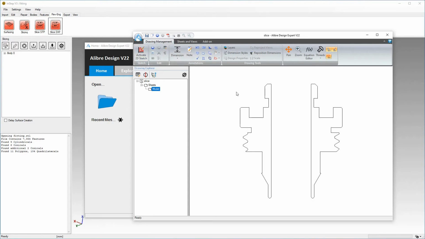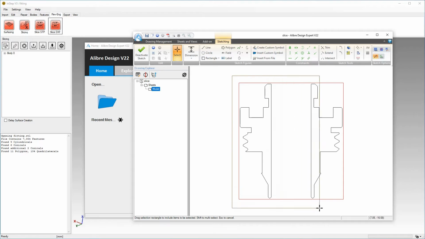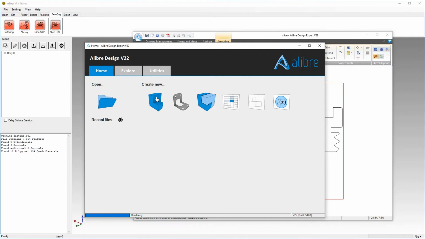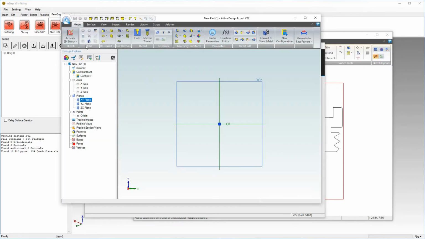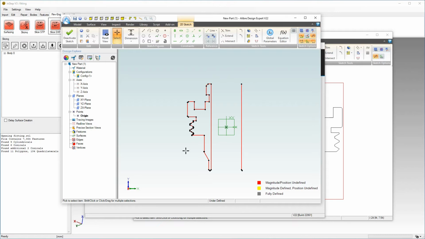Well, what we want to do here most likely is activate the sketching tool, then select the lines that we're interested in, copy those with Ctrl+C, and then create a new sketch from those lines. So here we would then go in, pick a plane, Ctrl+V to paste, and now we can see the actual lines that were copied across.